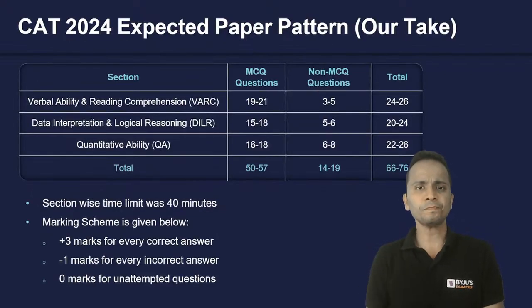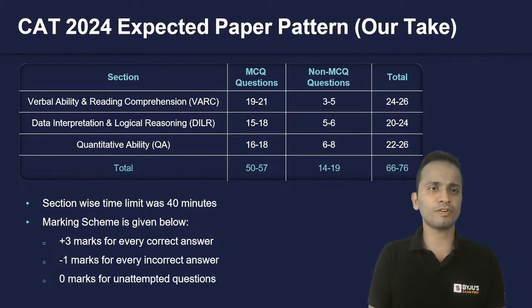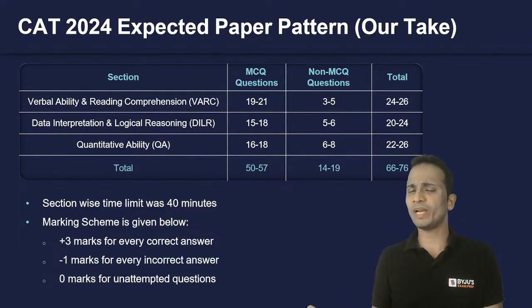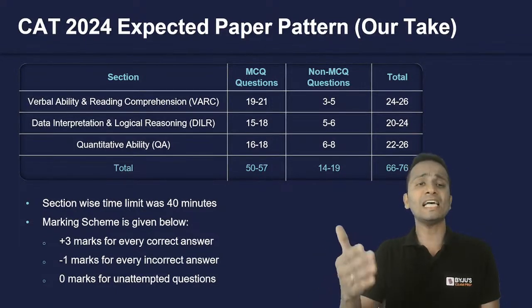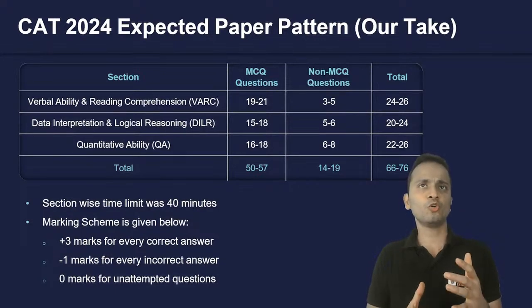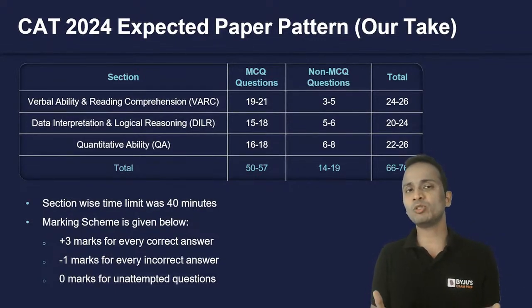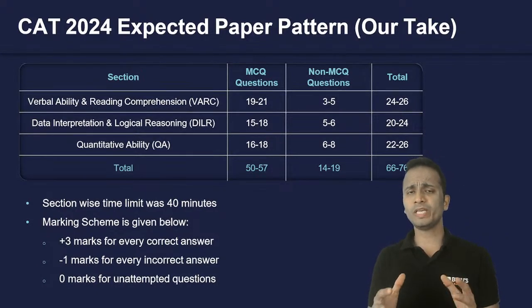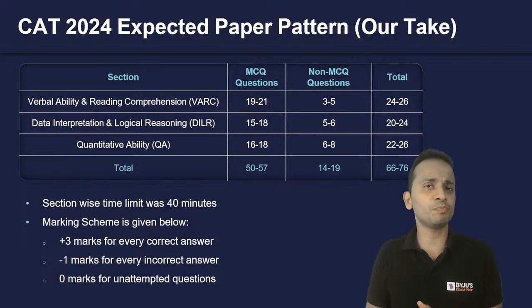Now, number one, talking about the expected pattern for CAT 2024. All of you must be knowing about the pattern of CAT 2021 and CAT 2022, right? CAT 2023 has not happened as of the day on which I am conducting this session. So CAT 2023 is yet to happen. We'll be more clear about the pattern of the CAT examination after CAT 2023, but we can always do some speculation based on whatever we already have in our hand.